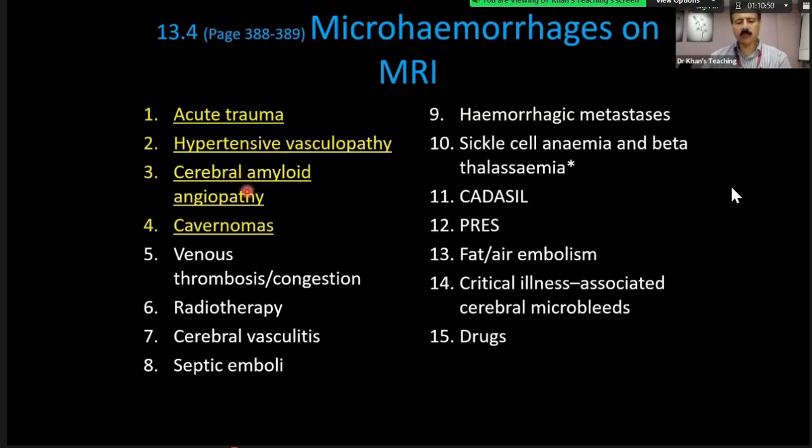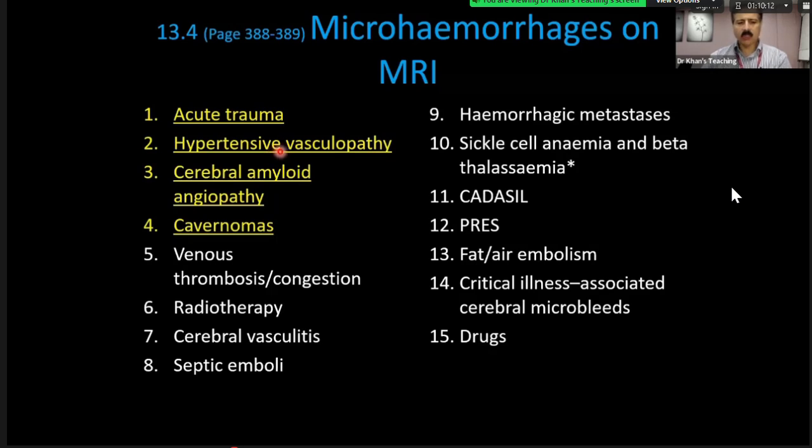Cerebral amyloid angiopathy is only diagnosed because of microhemorrhages. So the patient will have microhemorrhages, and they will only be picked up if you do a T2 star or SWI sequence. Hypertensive encephalopathy also can cause this. Of course, the clinical picture will be different. And usually in cerebral amyloid angiopathy, the microhemorrhages are more peripheral and subcortical. Here, they are more central, in the basal ganglia, thalami, and things like that.